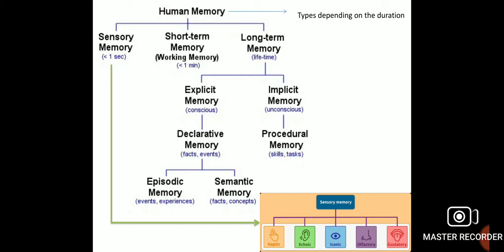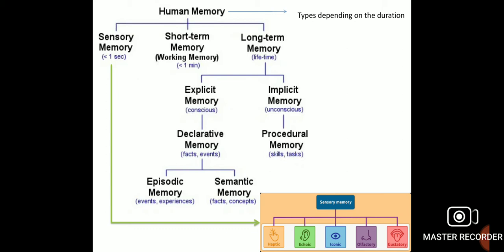On the contrary, if you are conscious and you need to remember, or if somebody asks you to remember some events or facts, then you need to be conscious. This is called explicit memory, also called declarative memory. Like you need to remember what had happened on that day. So you need to be conscious. You can't say this in the unconscious mind.